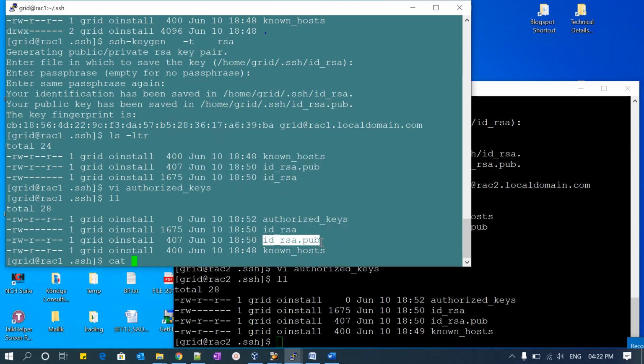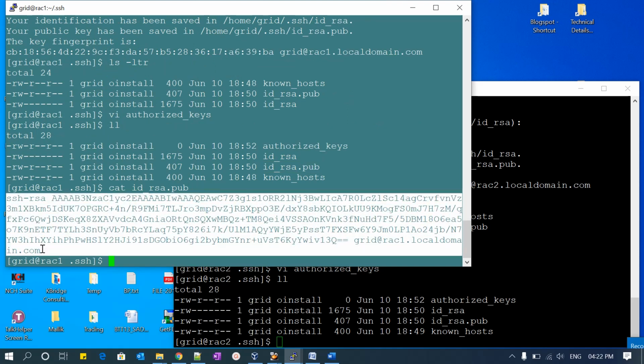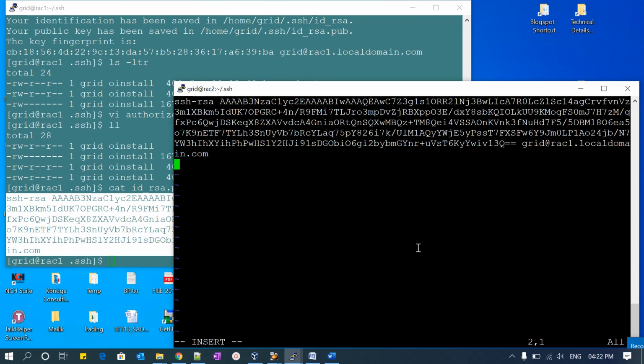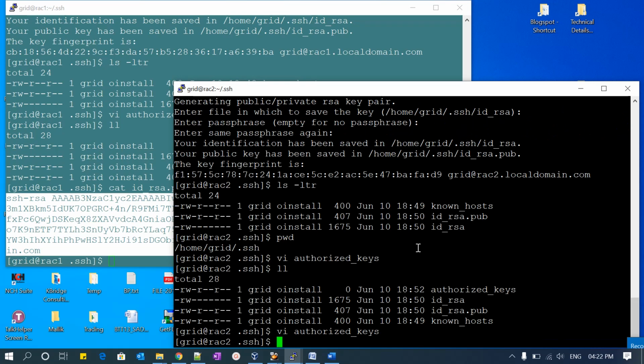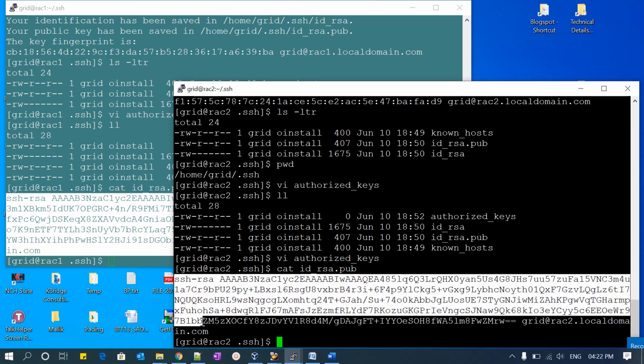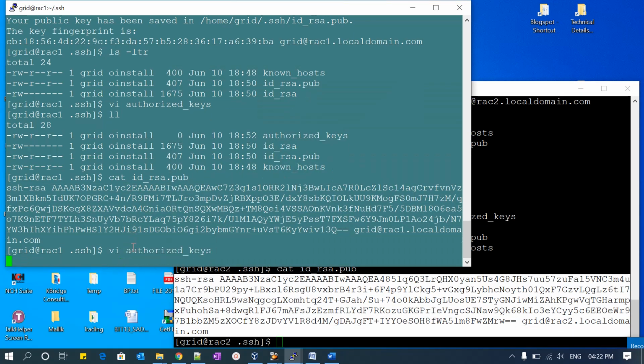What I'll do is copy this. This is the public key. I'll copy this one from node 1 and add it into the authorized_keys on node 2. Similarly, I will cat the id_rsa public key from node 2 and add it into the authorized_keys on node 1.